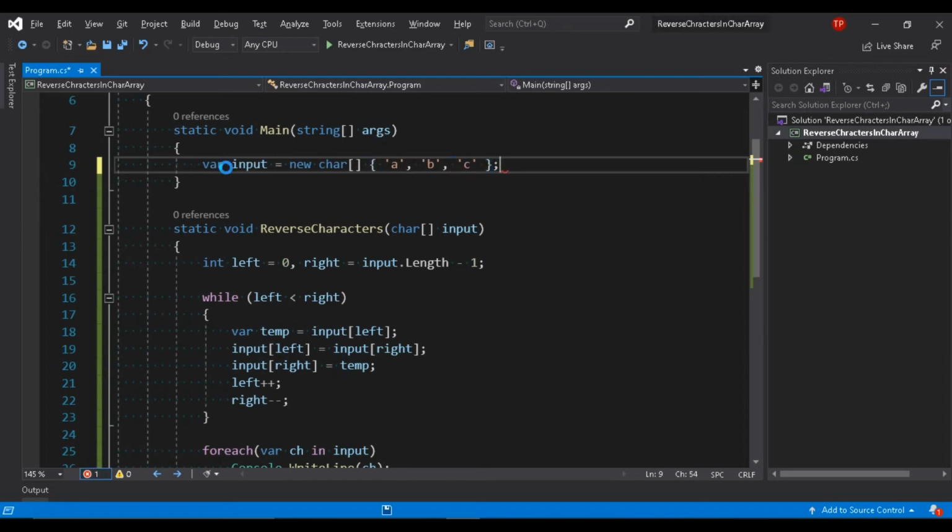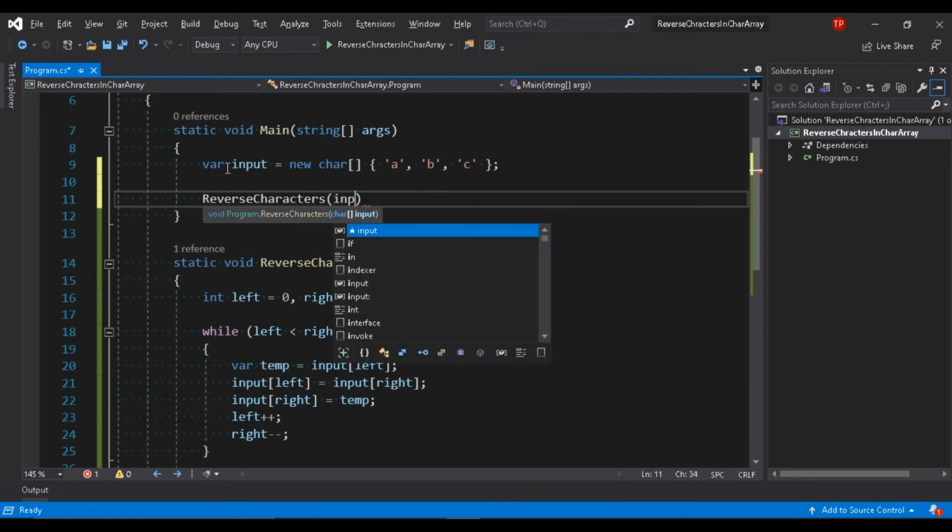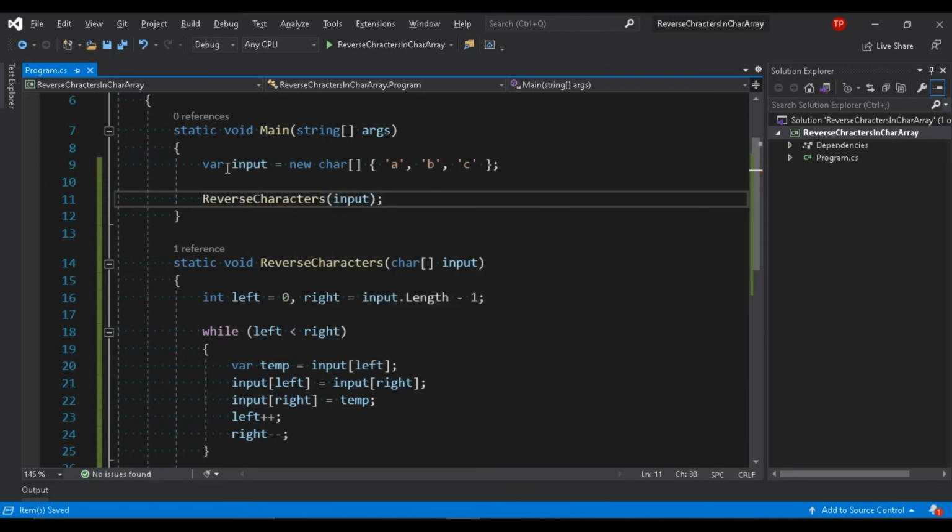So what output am I expecting? I'm expecting cba. So let's call it reverse character, and as an input I will pass it.